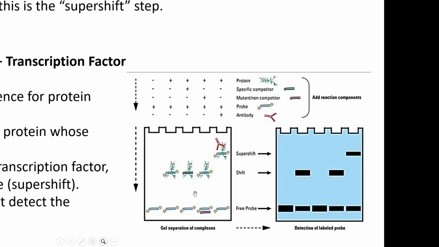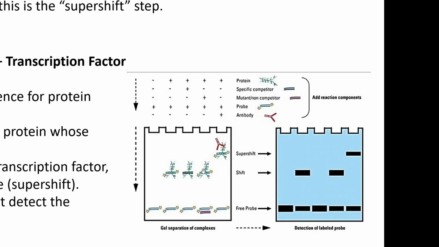This probe is basically to see if it has been running, and you have your competitor sequence of DNA and your non-competitor sequence. Your non-competitor sequence has not bound to your protein, but the specific region which is complementary to your protein of interest, or the transcription factor of that particular gene, has bound